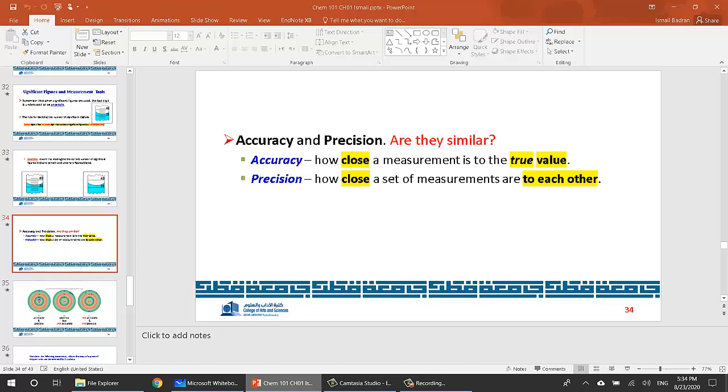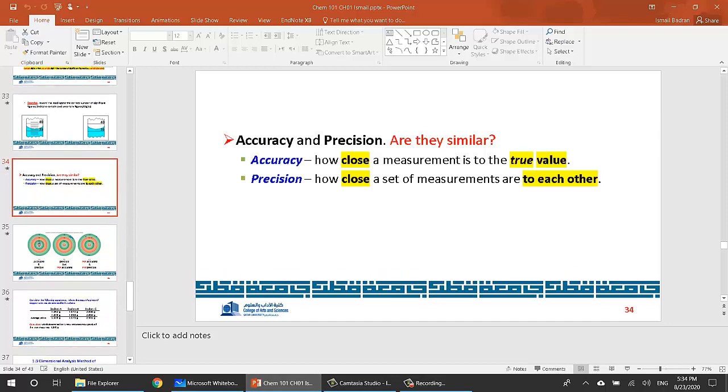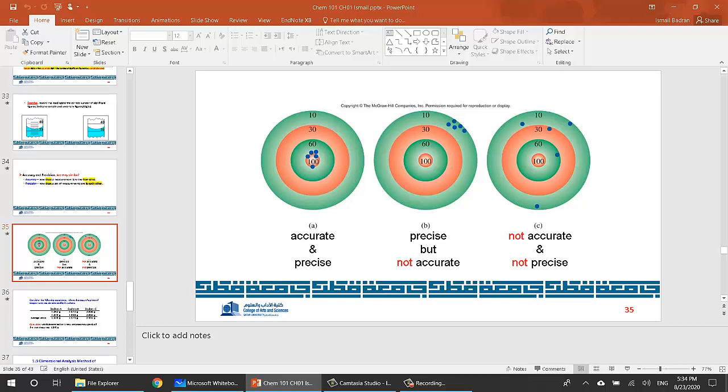Precision, however, is how close a set of measurements are to each other. So we don't know the true value, and therefore we just judge on the measurements themselves if they are close to each other. This picture shows you the difference between accuracy and precision, and this is the dart game that people play all the time. In the first picture on the left, all the dots are close to the true value, to the center of the board, and they are also close to each other,